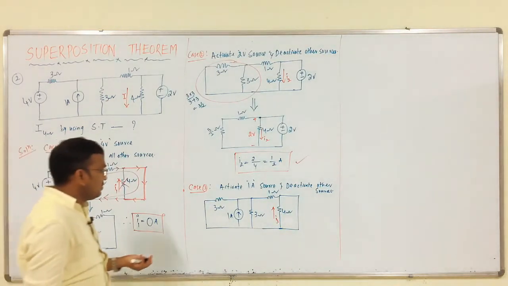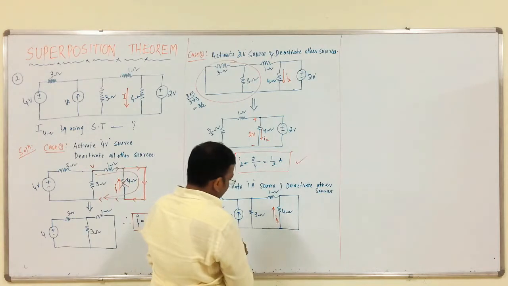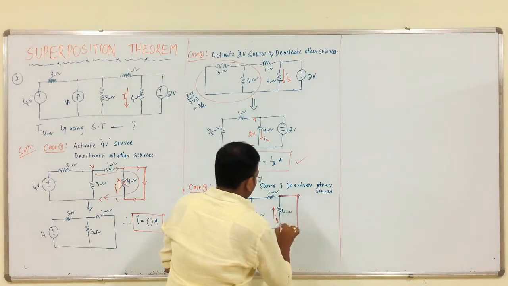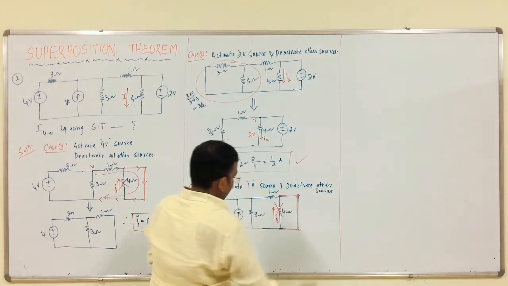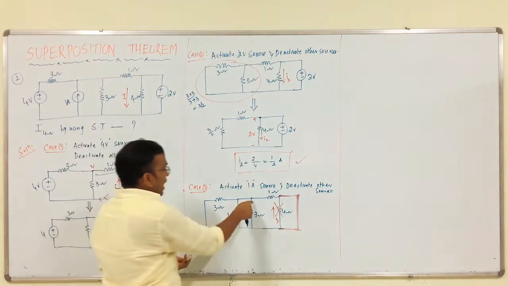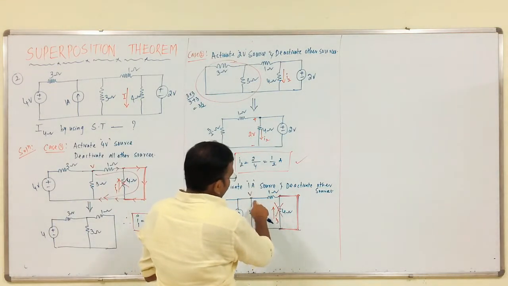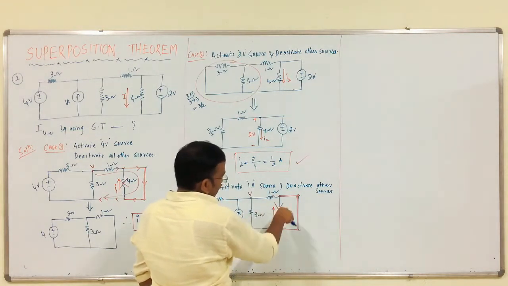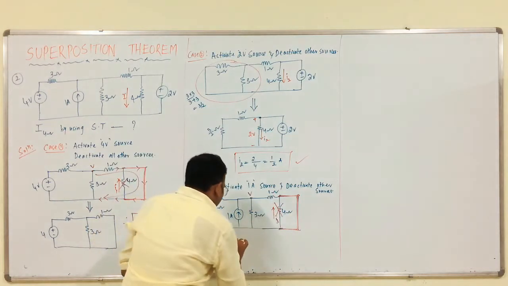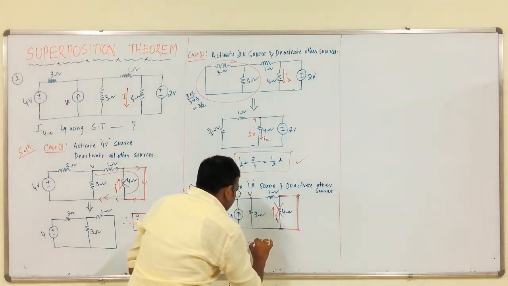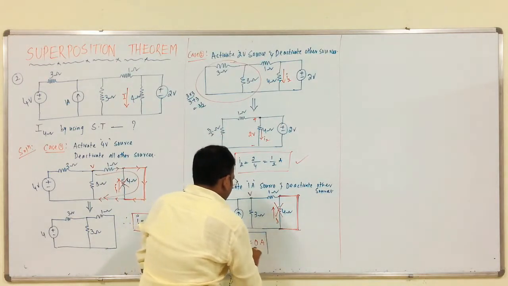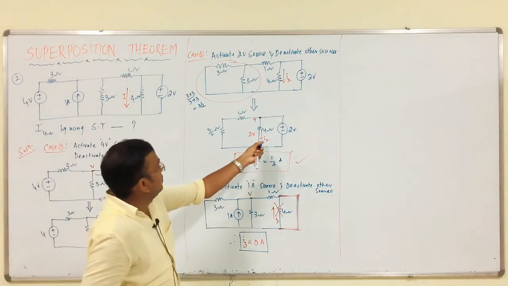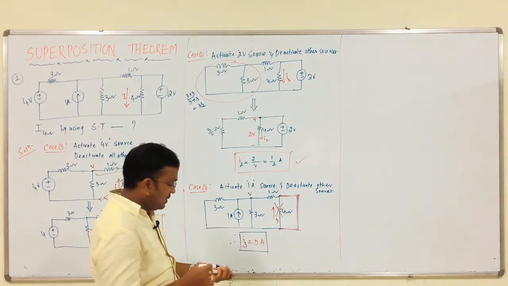So, from this there is no use of this circuit. Why? Here also we have a short circuit path, there is no use of this. Clear? If we consider nodal analysis, this is the node, V minus 0 by 1, V by 1, that is it. The current is nothing but V by 1. There is no current through this branch. Therefore, I3 is equal to 0 amperes. So, I1 is 0, I2 is 1 by 2, I3 is equal to 0 amperes.